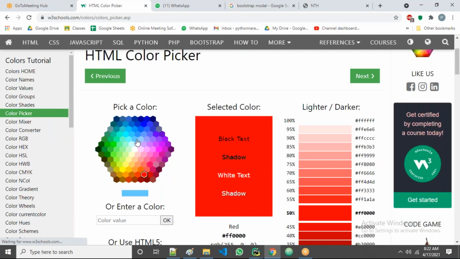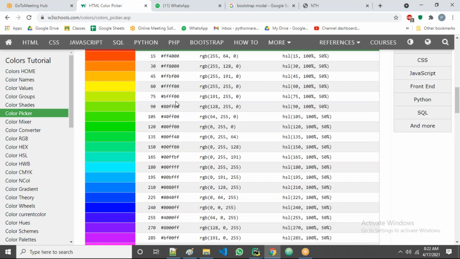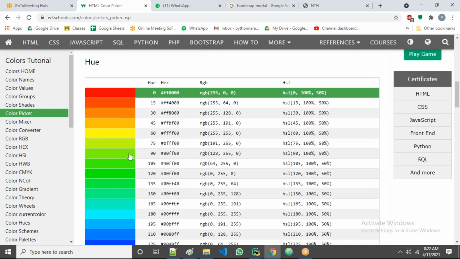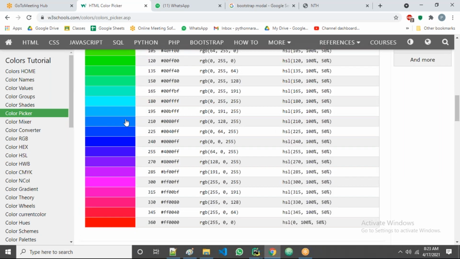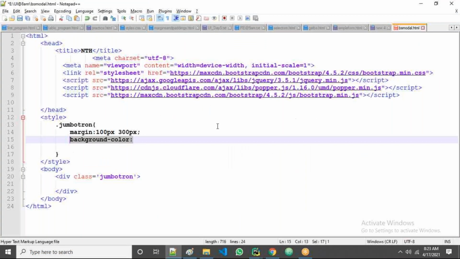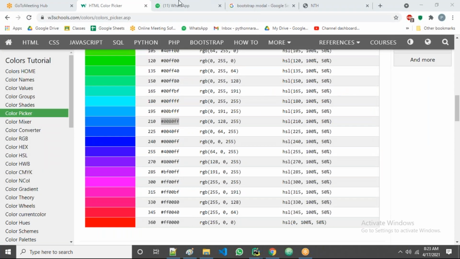Right. Now, all of you observe here, guys. Whatever color you want, you can pick it up from here. See, these are all different colors, and for every color you can see that some codes are there. Suppose, for example, which color do we take for our boost model, guys? Suppose I want to take this color, then just copy this code from here. Right, let's go there. That's all. Now just go to our example.